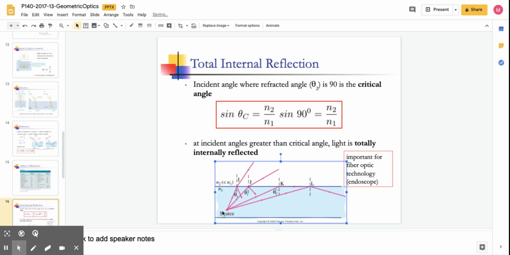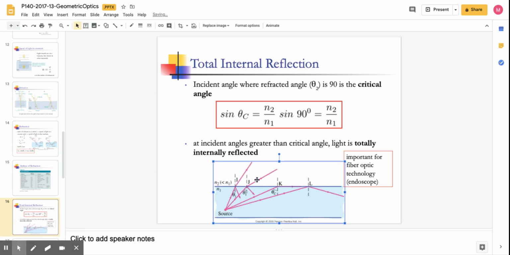It's just now we have a source inside our medium. So let's say this is glass. And glass, we know if we have our angle of incidence, our angle of refraction is going to bend away from the normal. And so the bigger our angle gets, so if we started here and moved to the right in these examples, the bigger our angle gets, the more the ray is going to bend towards the surface, away from the normal. And so we get to this case right here where there's a given angle where the angle of